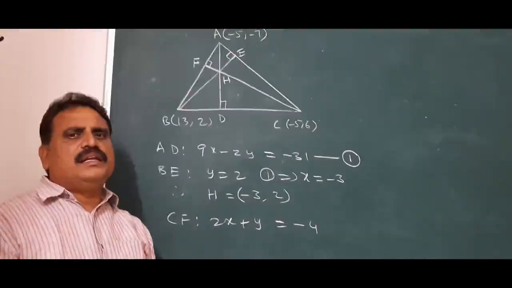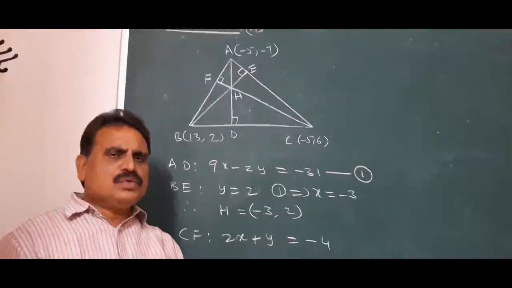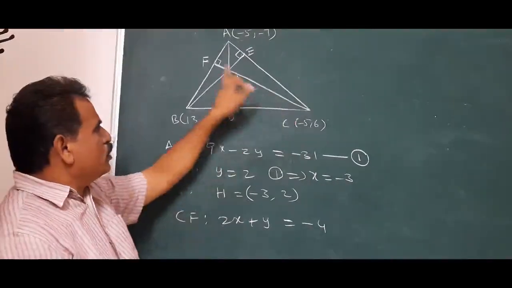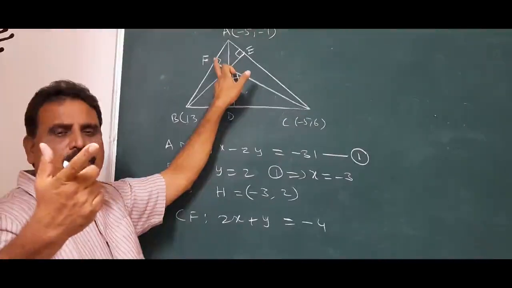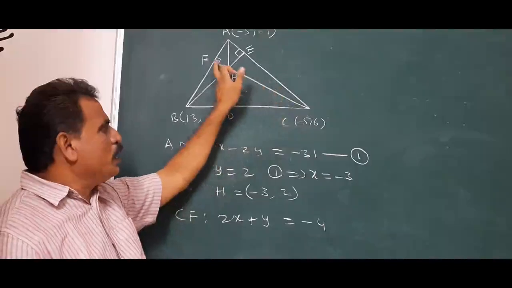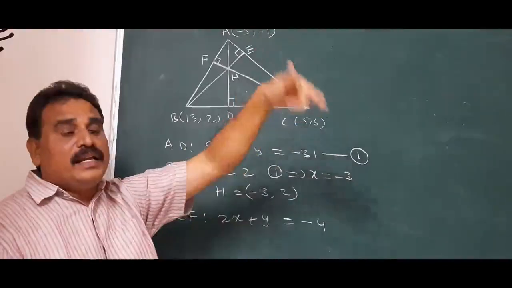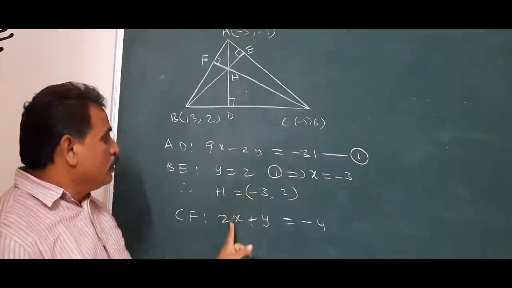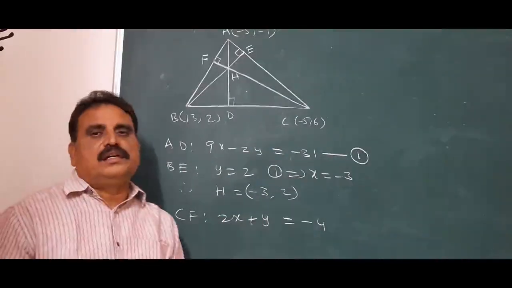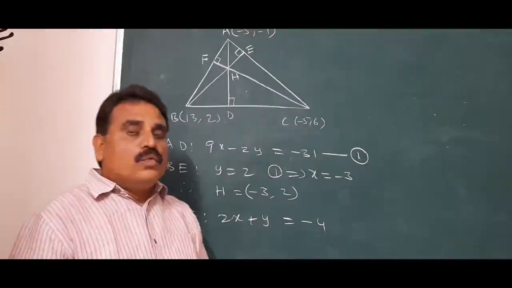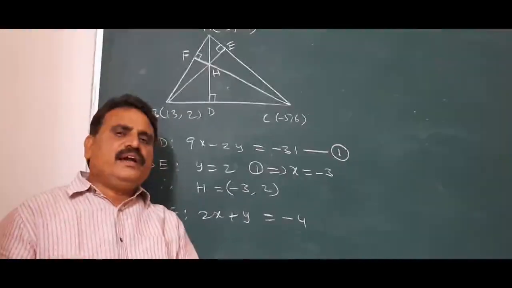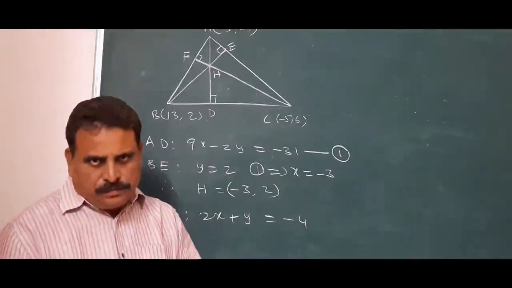Perpendicular slope is minus 2, that is minus 2 by 1. If the slope is minus a by b, the line equation is ax plus by. So for minus 2 by 1 slope, the line equation is 2x plus y. Passing through this point, minus 5, 6, substitute here, we get the constant minus 4. Thus, we get the orthocenter. If three vertices are given, we can easily find the orthocenter.